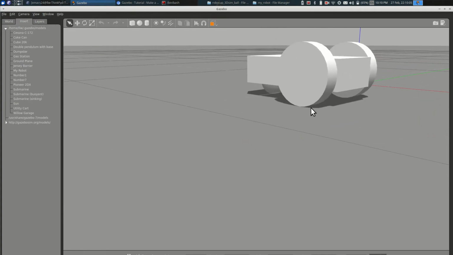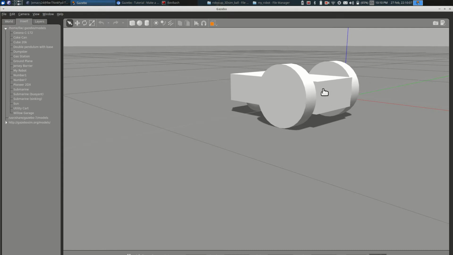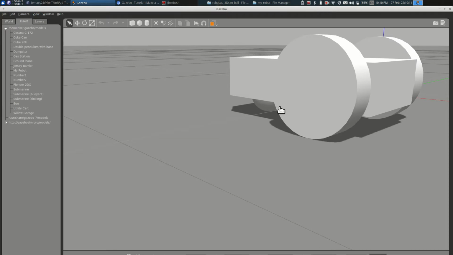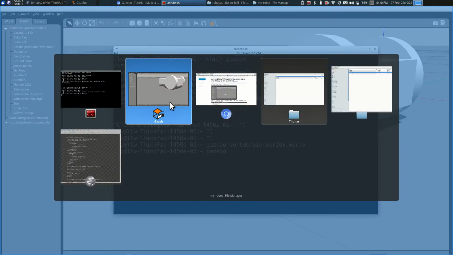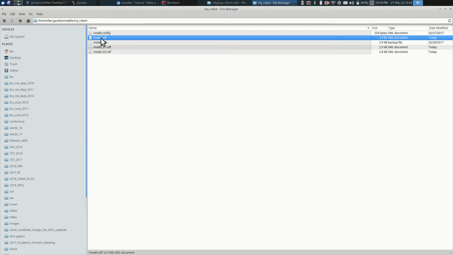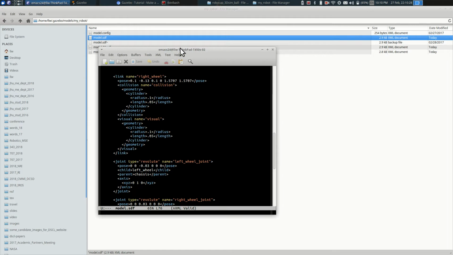It consists of a box as one link, and then it consists of links which are two wheels, and then it consists of this sphere here, which is a caster, just to balance the robot that it drags around. So right now there's 4 links in this model, and if we look at model.sdf right here,